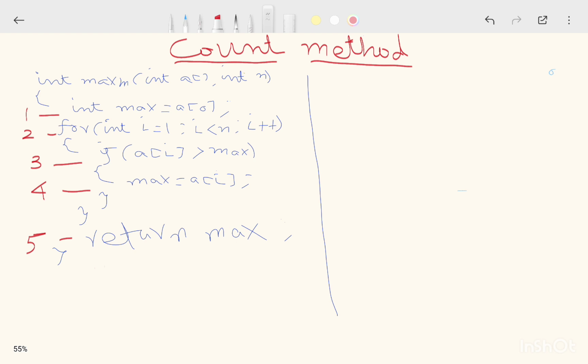So for line one, since this is a simple assignment statement, the time needed to complete that particular operation is a unit time. So we can take it as k, and then the occurrence of that particular statement, it will be executed for only one time. So this is 1. So totally the total amount of time it will be executed is 1 into k, so that is